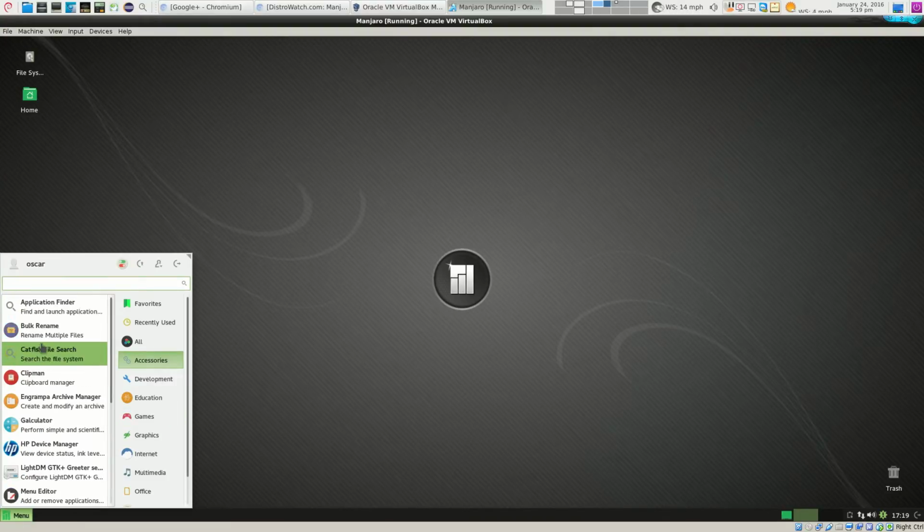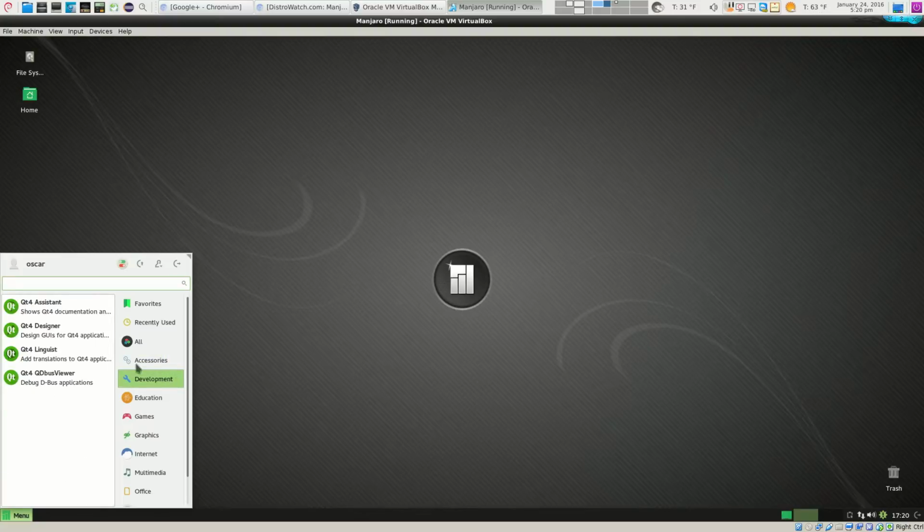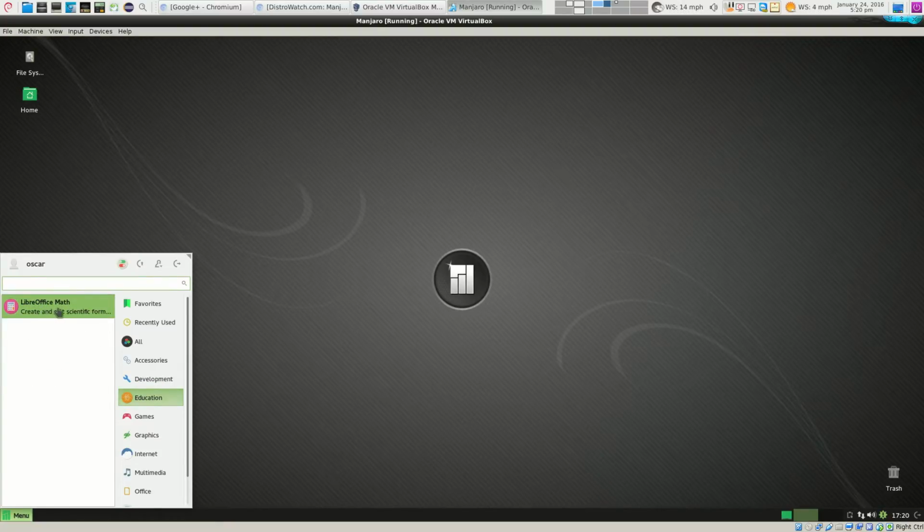Now these are not a lot of programs, so if you just add XFCE, it brings default programs. But since this is Manjaro, they add certain programs that define their operating system. So just keep that in mind. Development, you've got your Qt4 Assistant, Designer, Linguist, and the QDBus Viewer. Education, you've got your LibreOffice Math.